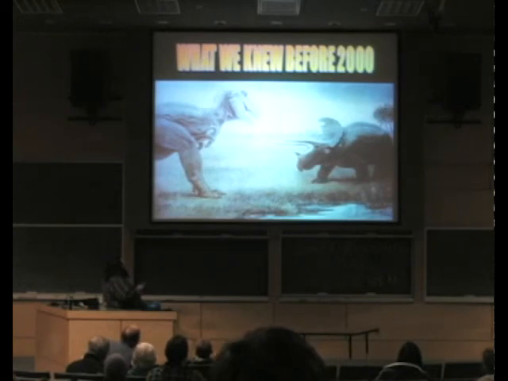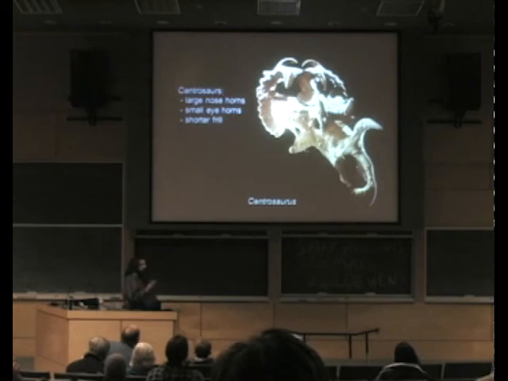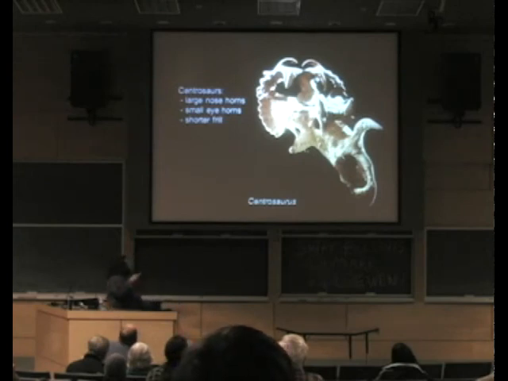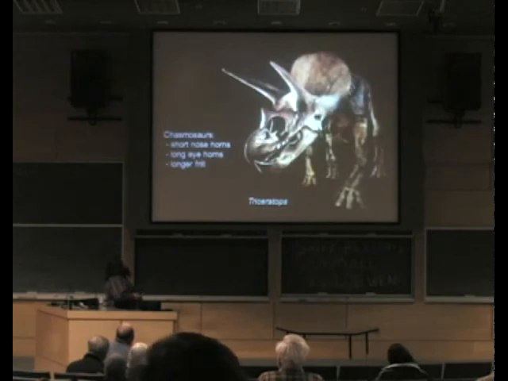So the state of thought before 2000 was that there are two kinds of horned dinosaurs. There are horned dinosaurs called centrosaurs, which are relatively short-frilled, with long nose horns and short eye horns, and there's a whole variety of those. The other kind of horned dinosaur